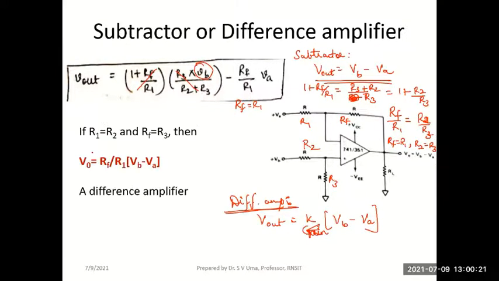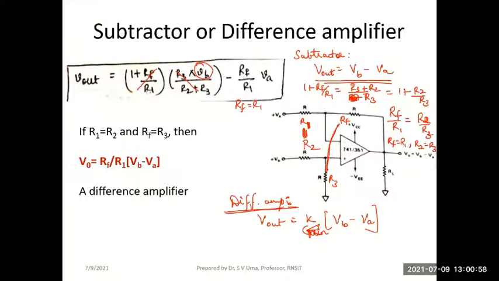Yes. You just consider R1, these 2 resistors are equal. This is R1, this is R2. Make these 2 resistors equal and these 2 resistors equal. Simple. I have to make the resistance ratios equal so that I'll be taking out a common ratio. If I make R1 equal to R2 and Rf equal to R3, so these 2 resistors are equal and these 2 are equal, what will happen to this expression?